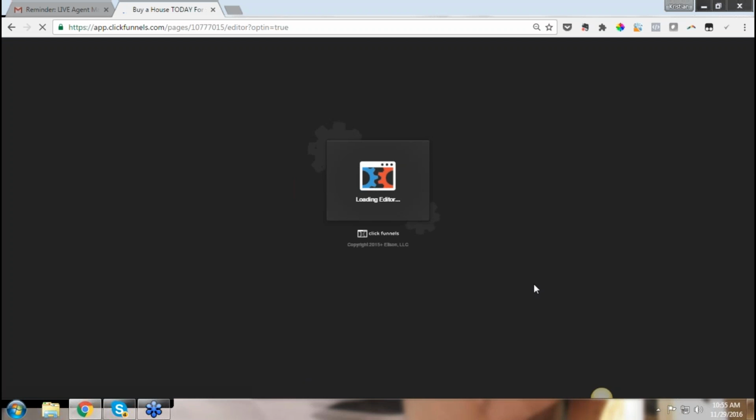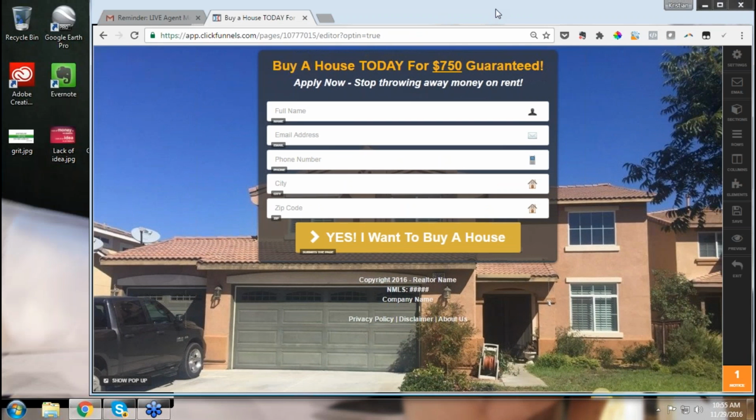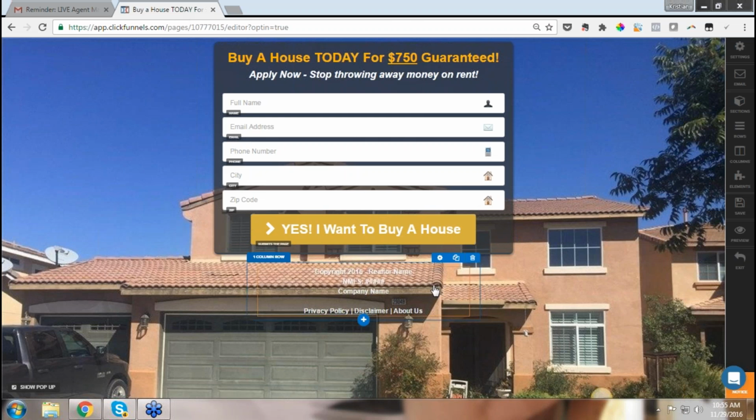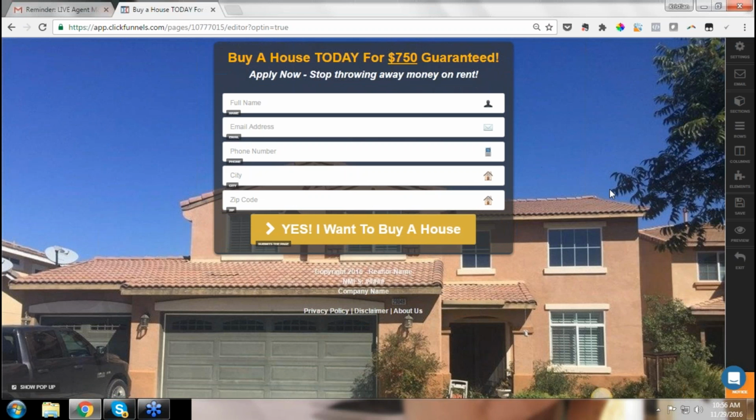That's cool. All right, so now you guys see we're jumping into the editor, and I mean, this for most people, right? This looks pretty good. How do I minimize? All right, so couple things.